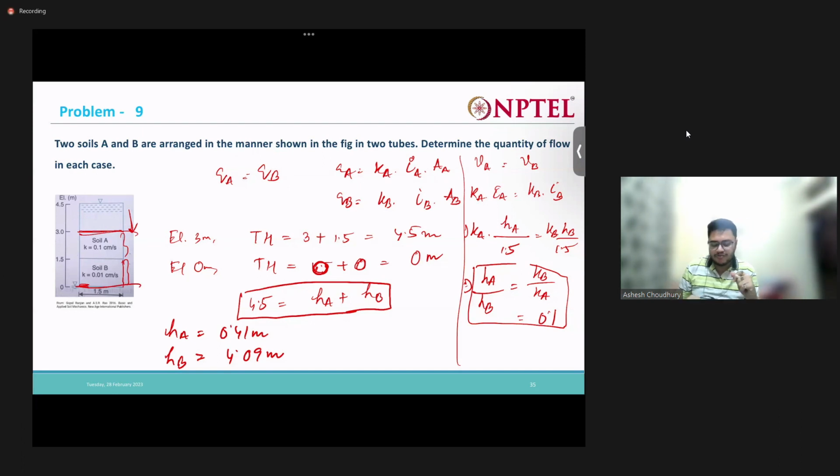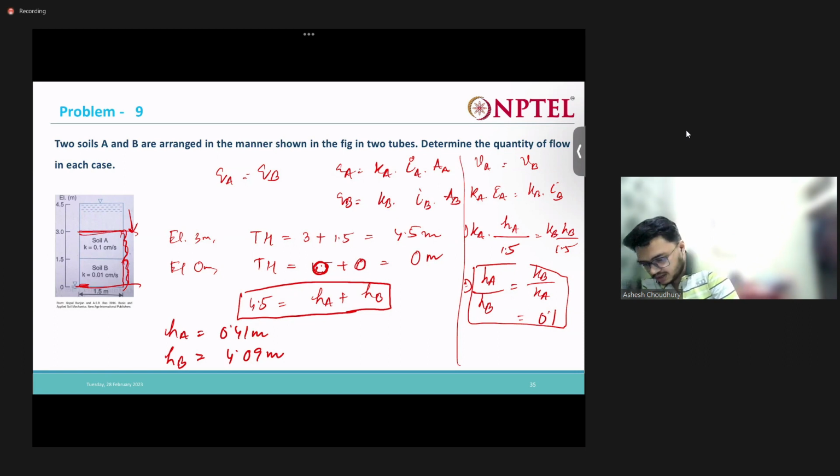Out of that 4.5 meter, 0.41 meter of head loss is occurring in this soil and 4.09 meter of head loss is occurring in this soil, right? Now ultimately what are we asked? We are asked to find out the